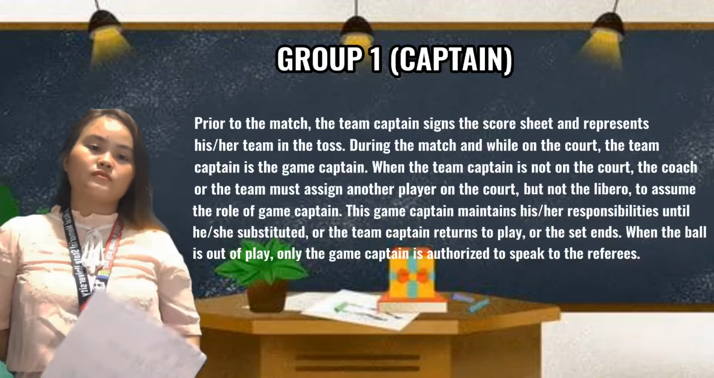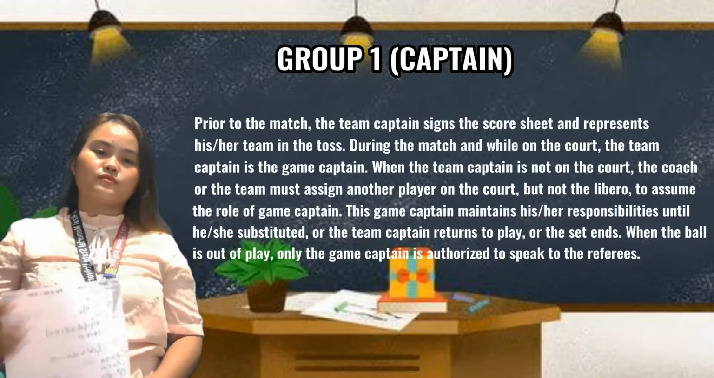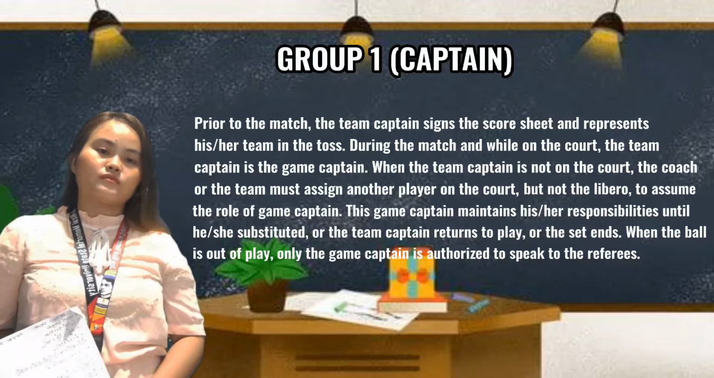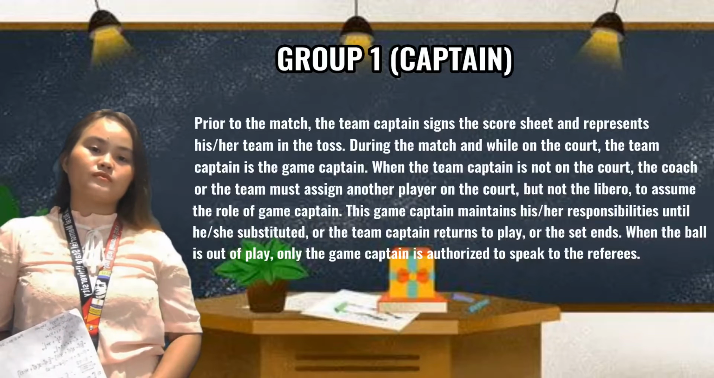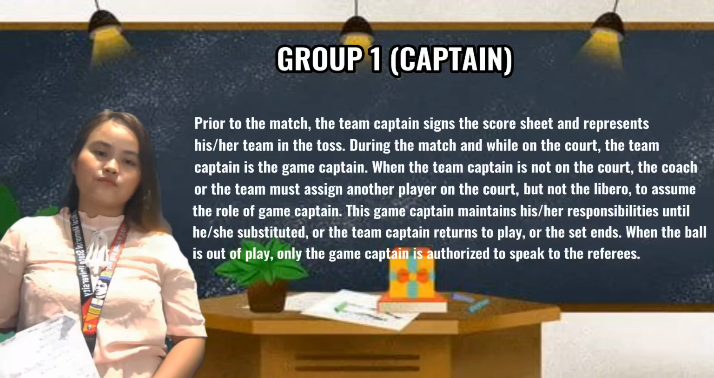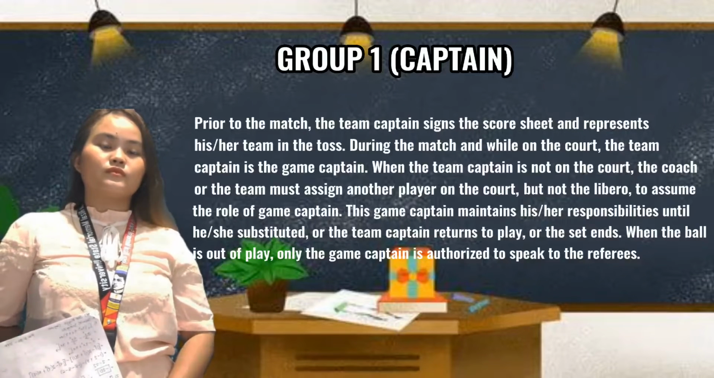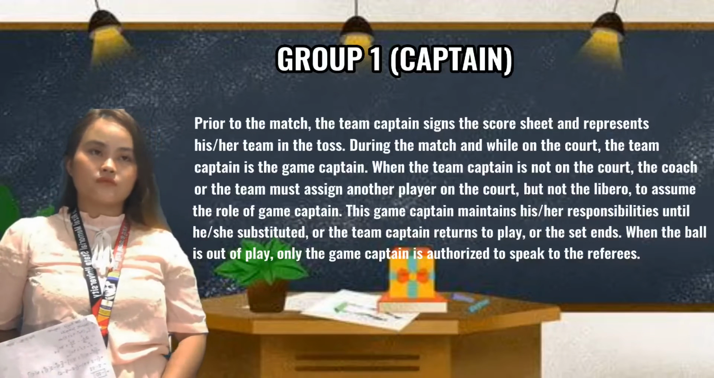When the ball is out of play, only the game captain is authorized to speak to the referees to ask for an explanation on the application or interpretation of the rules and also to submit the requests or questions of his or her teammates. If the game captain does not agree with the explanation of the first referee, he or she may choose to protest against such decision and immediately indicate to the first referee that he or she reserves the right to record